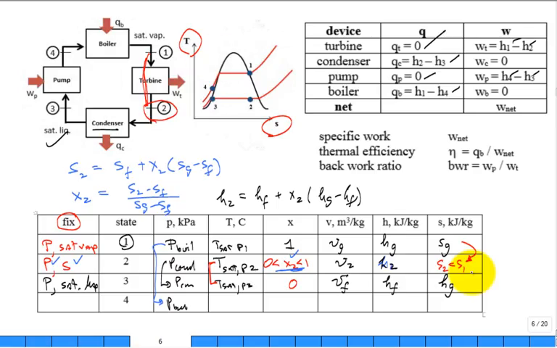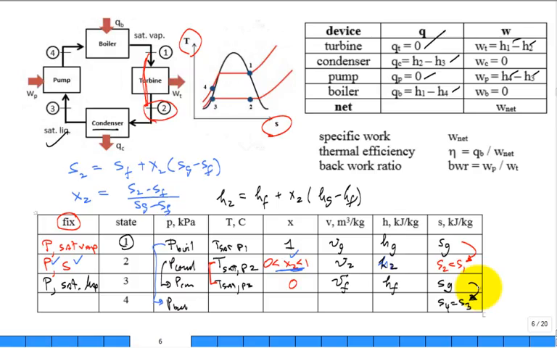Well, just like 3 and 4, it's on a straight line up. So what do we know about the property at state 4? Which property can I tell in addition to pressure at 4? That s4 is equal to s3. Why did I write h there? This is s_g, okay? So it's the same entropy, but that's usually not the way we do it in hand